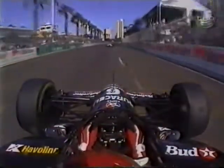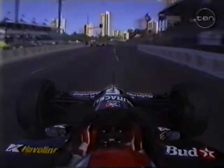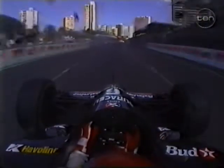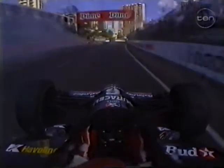Here's on board with Michael. Look further up ahead, right up on the horizon. Here it is, see de Ferran, the white car, the back of the car is white. He tried to go down the left side. Okay. The approach to this corner, which is a long, lazy right, requires you to run parallel to the wall